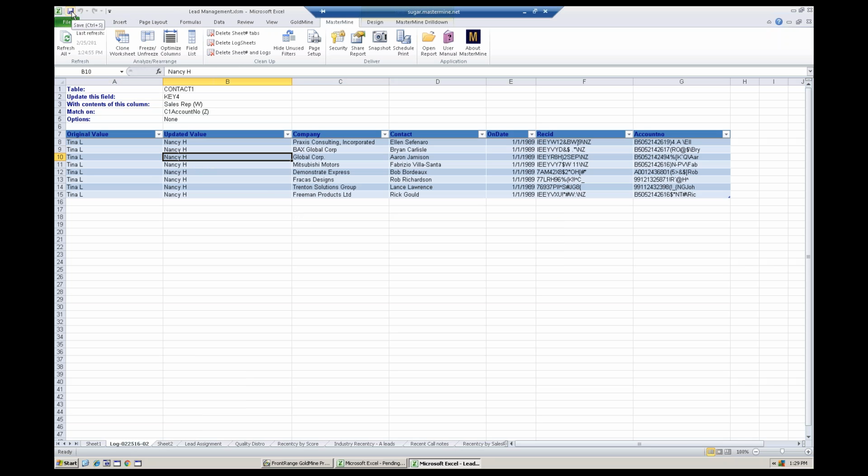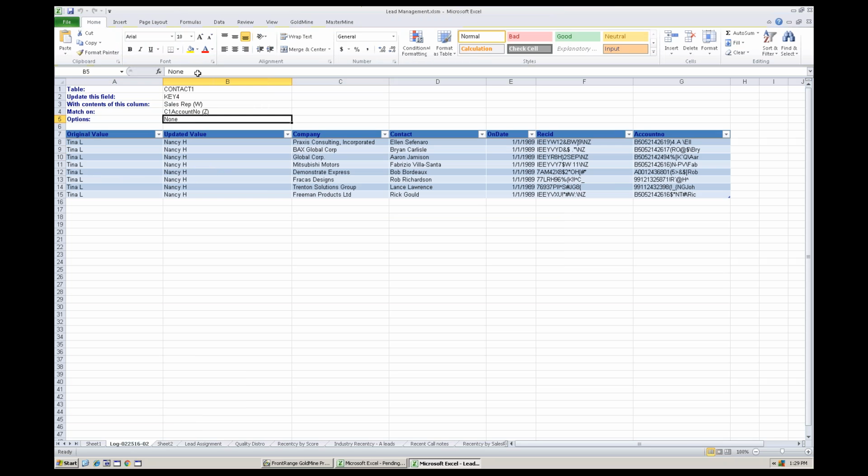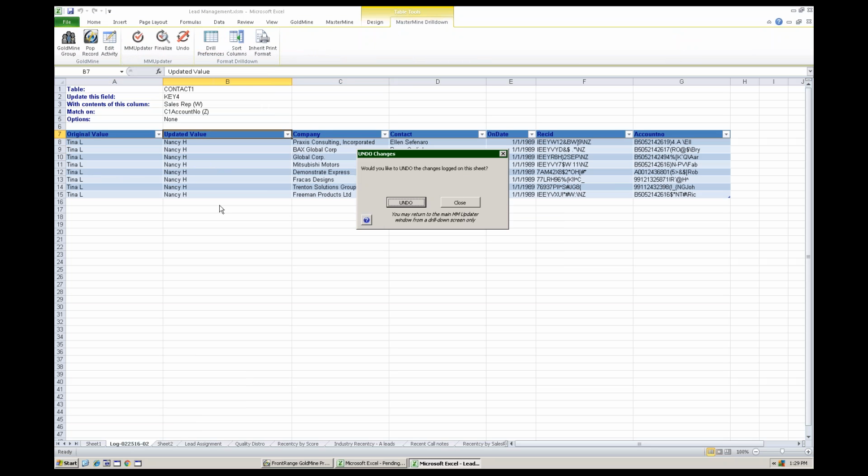I could save this log sheet, along with the rest of the workbook, hit save, and then think, oh, you know what, I didn't really want to change those. I really want those back at the original value. You actually have on the drill down menu here an undo option, which I'm going to go ahead and apply. I'm going to go ahead and apply the undo, and